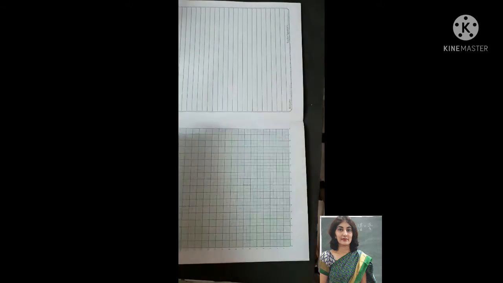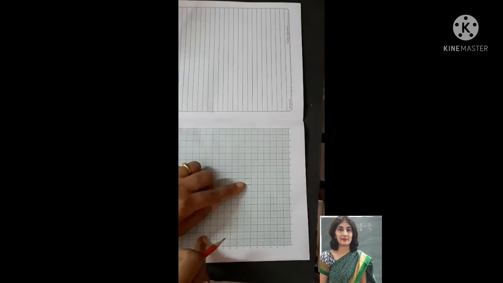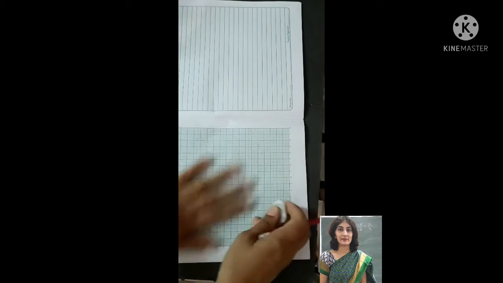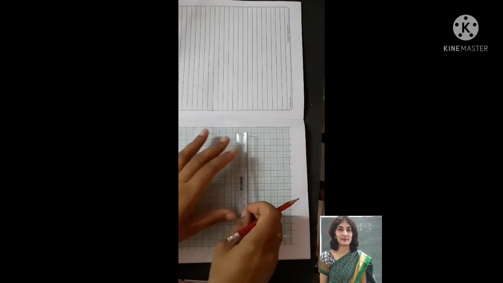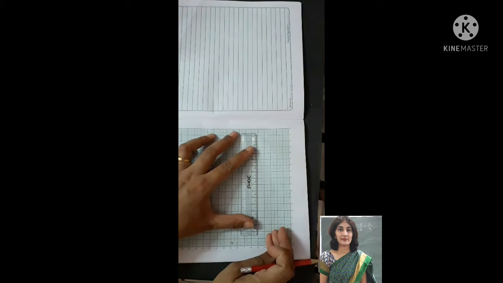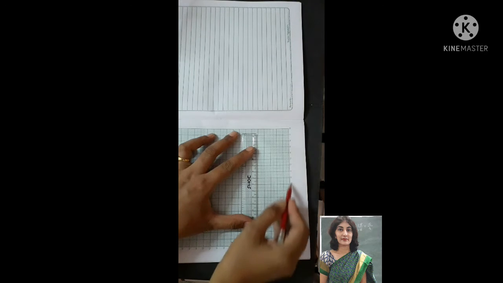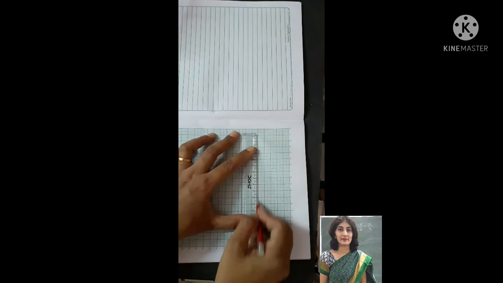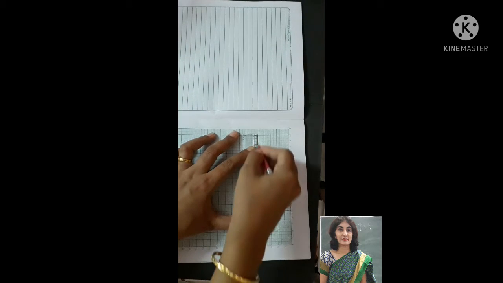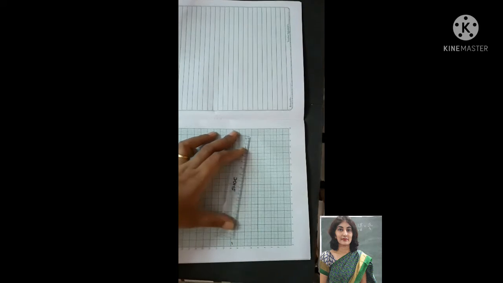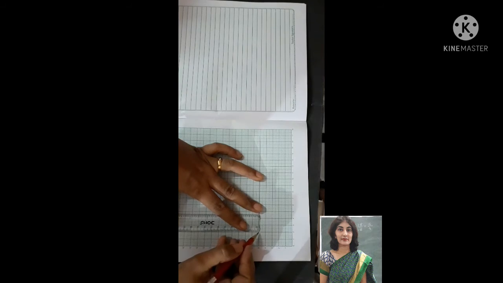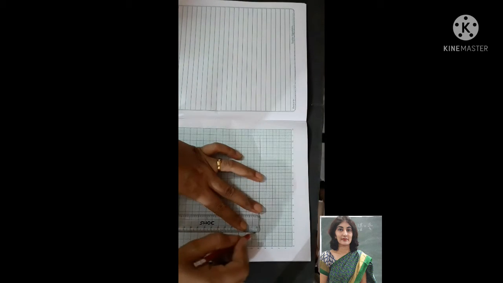Now what is 1 unit? This square which I have shown you, 1 square, this is known as 1 unit. Now to draw, the first thing is we have to draw the x-axis and the y-axis. So the sleeping line is the x-axis. So from here I am starting. They have already given here, no need to start from here. We can start from anywhere. So I am starting from here. This is the x-axis. So on this line I will overwrite, and here this one is the y-axis. The standing line is called the y-axis.